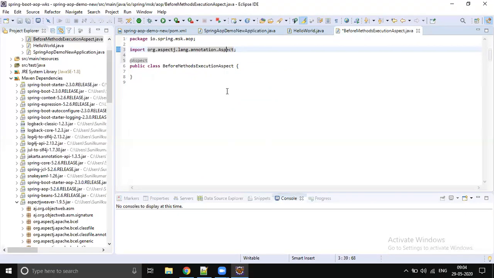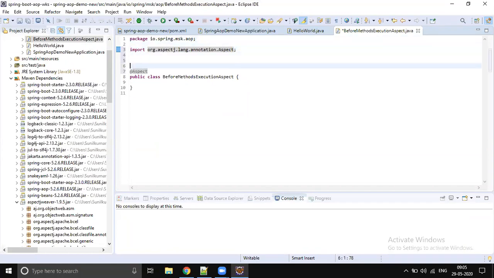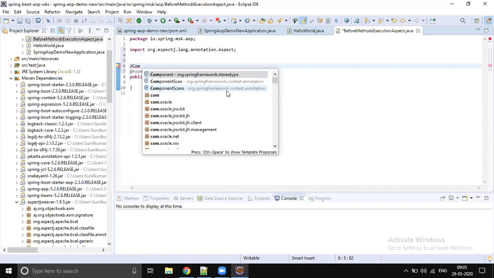So Spring will say, okay, can you please do this before? Can you please do this when an exception occurs? Can you please do this when the method is done successfully? So Spring has the control, but Spring is still internally using Eclipse aspect-oriented programming. So to give the control to Spring, let's annotate with @Component.